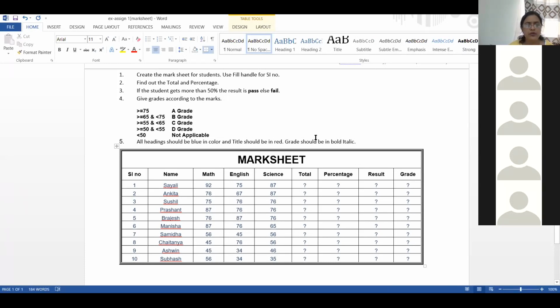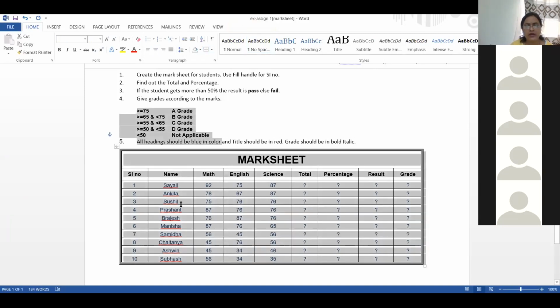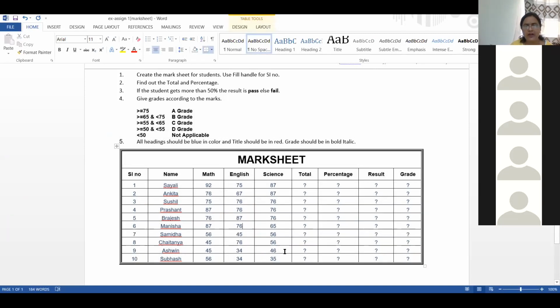So see, we have to refer to this file. Those who have not received it, I'll show you once again. This is a simple data where we have marks. We have to find the result and grade. That is what we are going to learn using functions. So I have the ready-made file. What you have to do is, I'm sharing that Excel file with you.